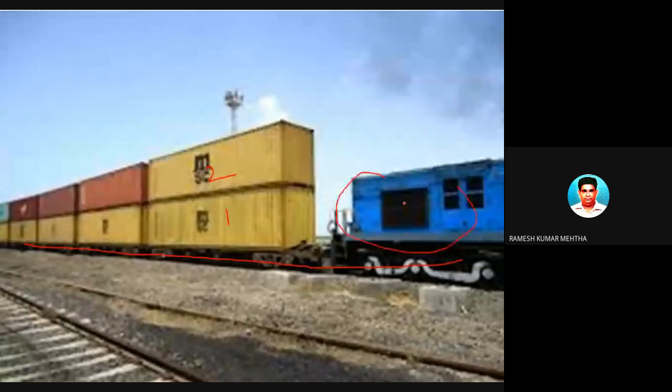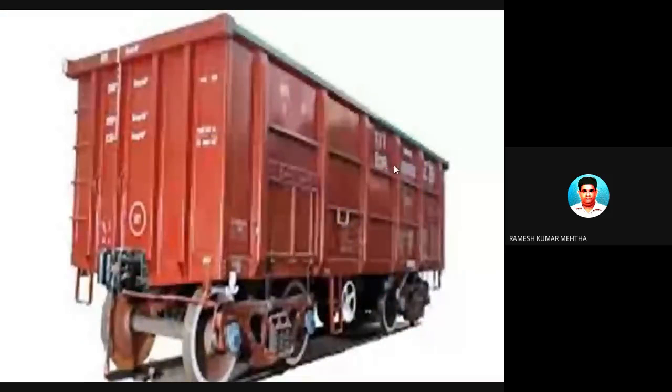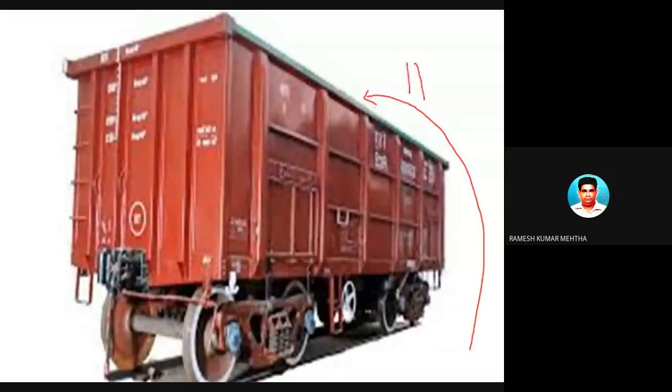How many wagons are placed? You can use sophisticated technology on one wagon, and on another wagon. So maybe the number of wagons you can place on a rake will slightly increase, but the cost also will increase because there is a lot of load on the engine, and the cost may increase as far as transportation is concerned. So this is the way the wagon appears, and the material is loaded here, and for this we use material handling equipment.